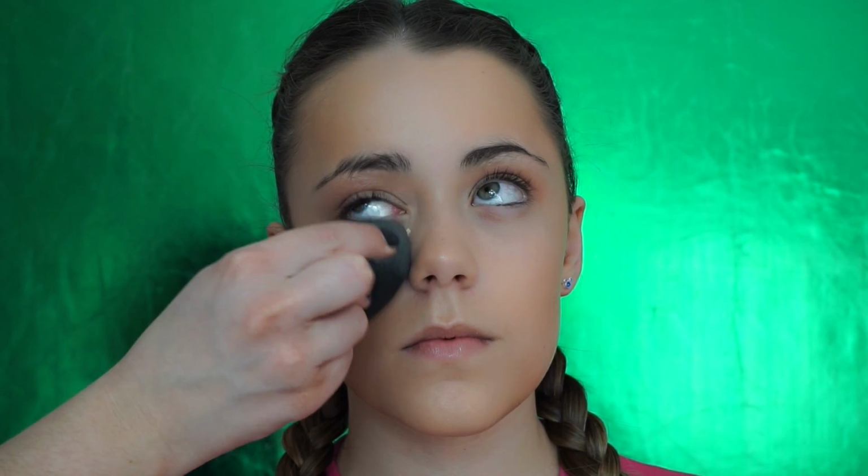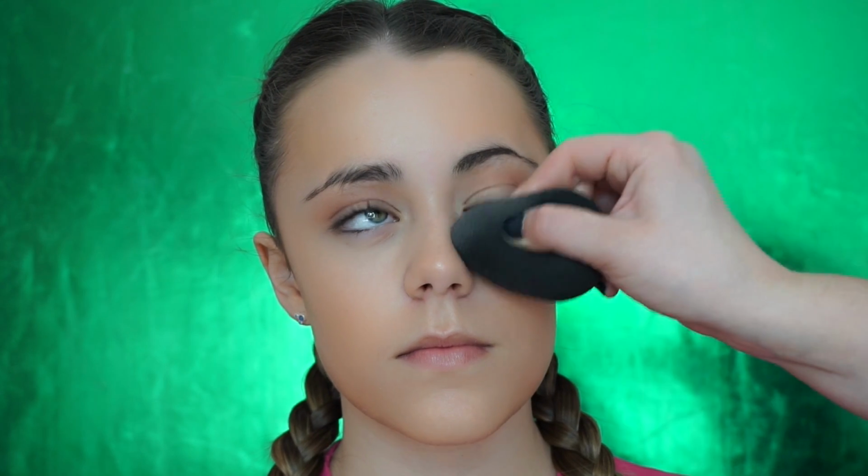And then we're going to go in with that same concealer and dot this underneath her eyes. She doesn't really have anything to cover at all, but for you guys that might want to wear that extra little bit, you're just going to pop a few little dots underneath your eyes and then blend it in with your beauty blender. This is going to really sheer out the product while still giving you that little bit of coverage without making it look really heavy and like you've got a ton of makeup on. Also, by putting a really thin layer on as well, it means you don't have to set it with powder,